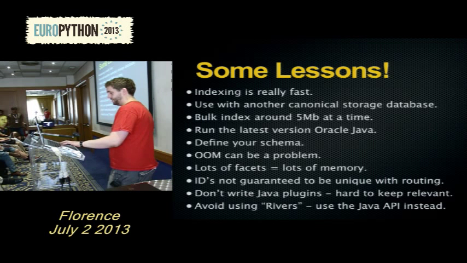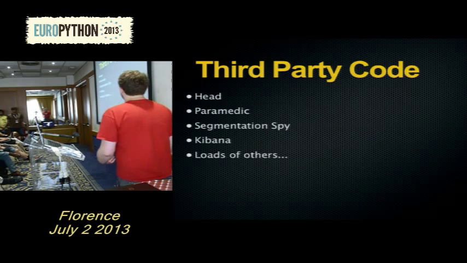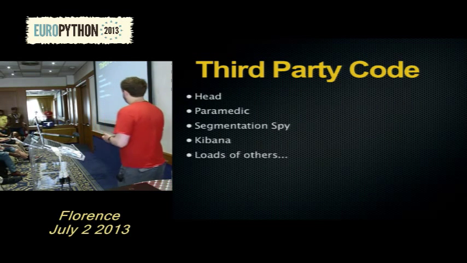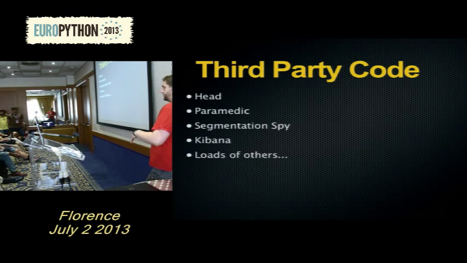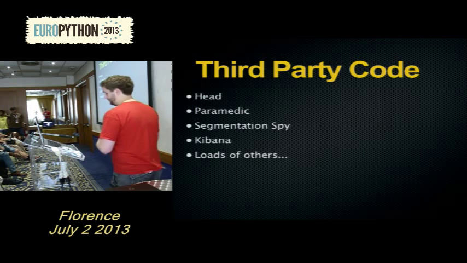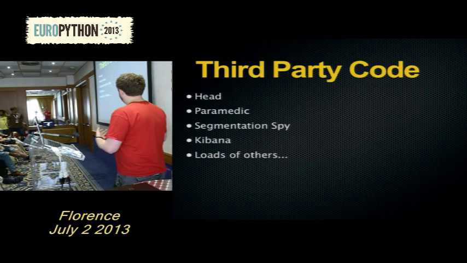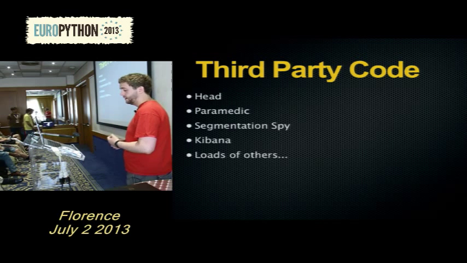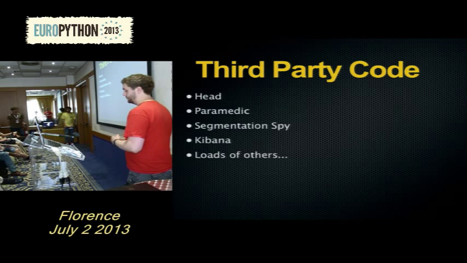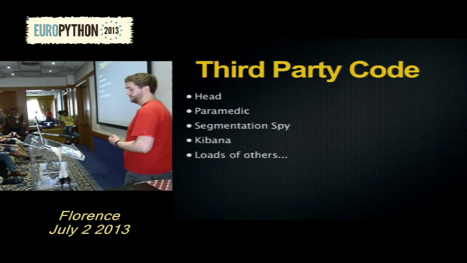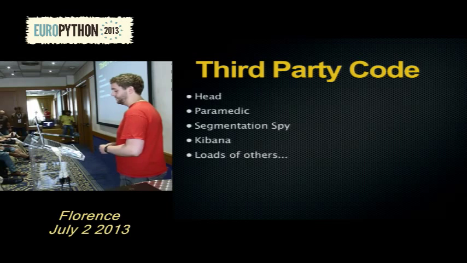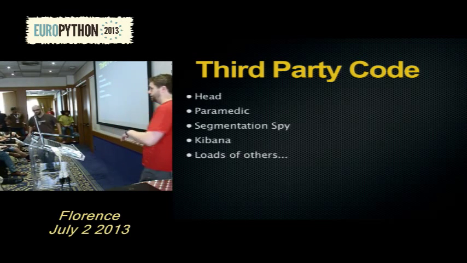Okay. One of the great things about Elasticsearch is the third-party projects or code you can have. I don't really have time to go into these, but these are great name drops. The top 3, Head, Paramedic, and Segmentspy, are web UIs, and Kibana is a logging platform. You use it with Elasticsearch and Logstash, and it's good for analyzing and storing logs. Head is just a generic web UI to see what's going on in your cluster. Paramedic is more for inspecting the state and finding problems. And Segmentspy helps you see what's going on in Lucene under the hood, so you can see the segments